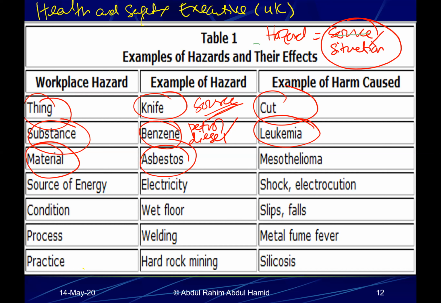Why asbestos? Asbestos is now being banned in many countries, but in Malaysia, we do not totally ban all types of asbestos. There are so many types. Asbestos was used a lot a long time ago, even until now, because it is a good insulator, used as a roof, in the plumbing, as a ceiling, or whatever. It is a very good insulator, okay?